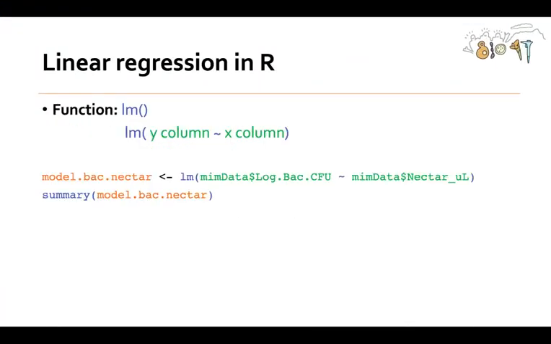So the last thing I want to tell you about is linear regression in R. So the lm function will do linear regression, and what you give it is the column that is going to be the Y and the column that is going to be the X. So this line says, use the lm function, do linear regression on the Y, the column log back CFU, that's the one we just made, and on the X, nectar microliter, both from the data frame mim data, and store the output of that linear regression as this object, model.back.nectar. And then on a separate line, summarize the output of that. So let's run that